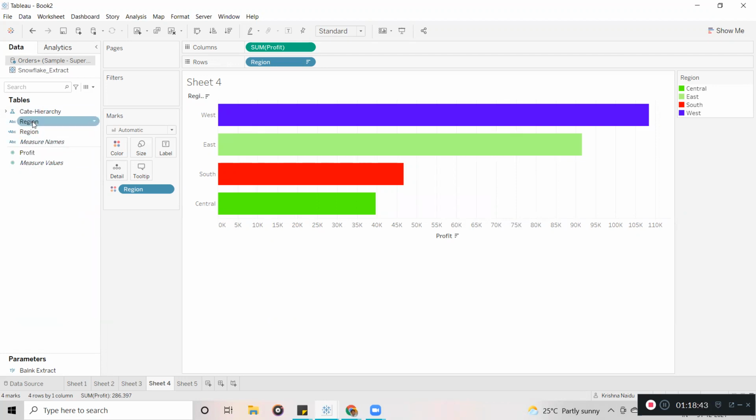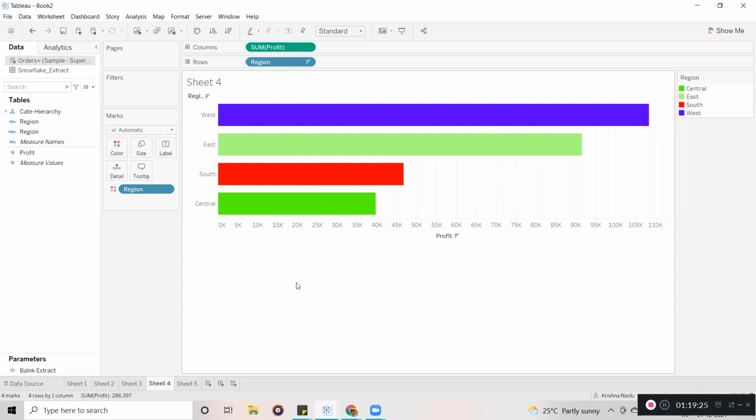The main purpose of hiding the fields is this: for example, when you are using a live connection, whenever it triggers a query on the database, it is not going to bother about these hidden fields. In that case, the performance is going to be improved. By hiding the unused fields, we can improve the performance. Whenever it sends a query request to the database, or fetches the data and creates a local copy, it is going to ignore those fields.